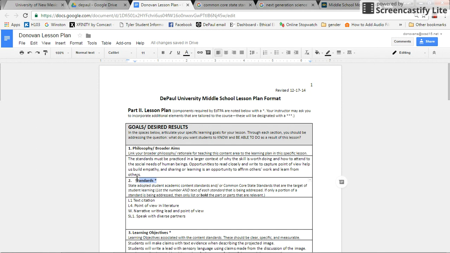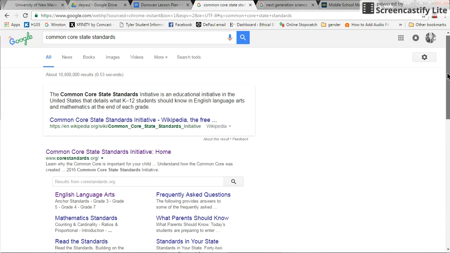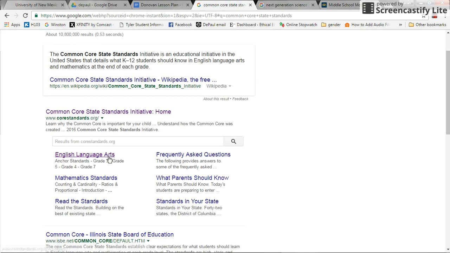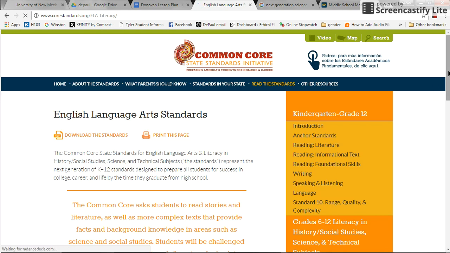The second thing is to look at the standards, and this is one area that caused just a little bit of confusion maybe the other night in class. When you get to your standards, you want to look at one of two places. One is the Common Core State Standards. If you type in just Google Common Core State Standards, you'll see that there are a list of standards for language arts and math. For example, if you click on the language arts, you would choose the grade level, something in middle school,